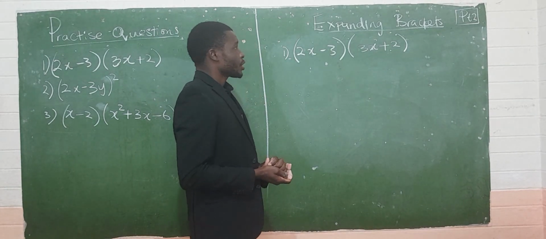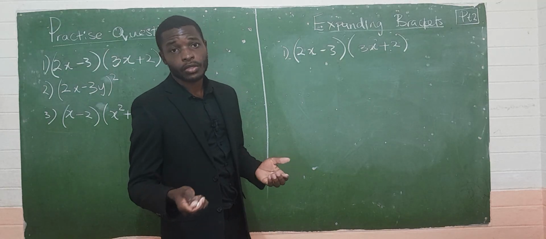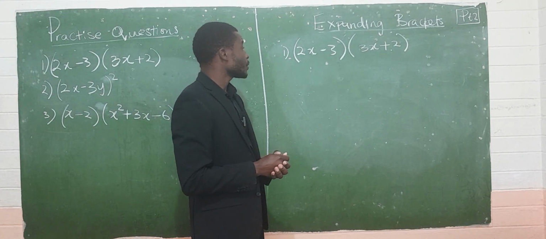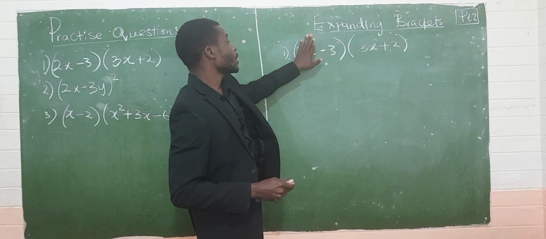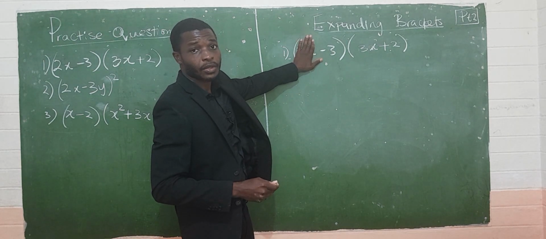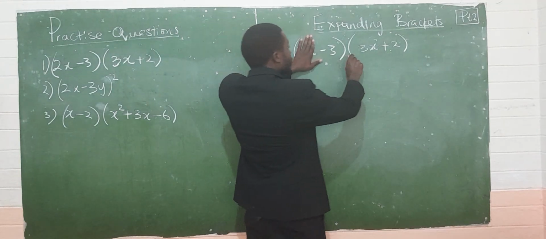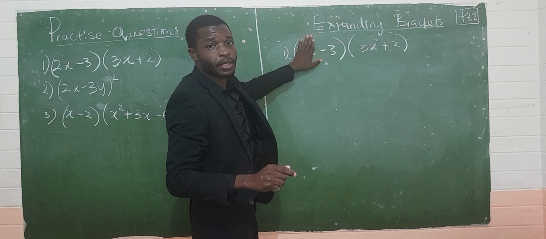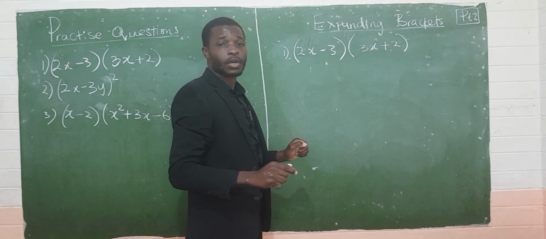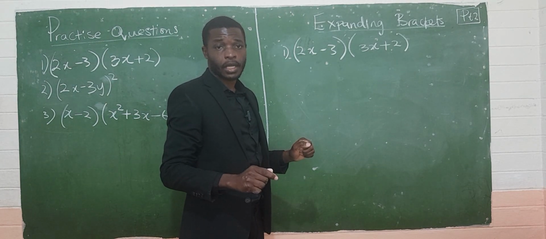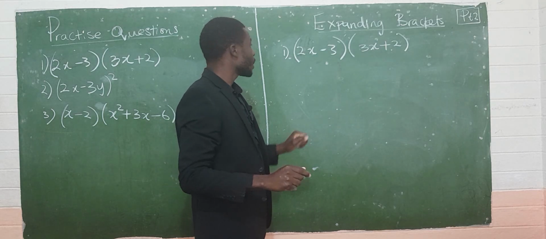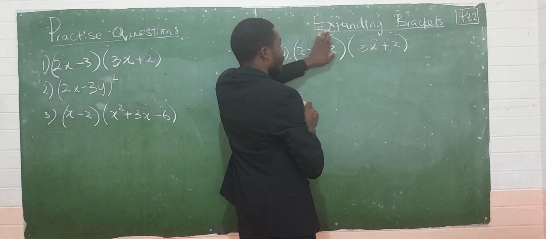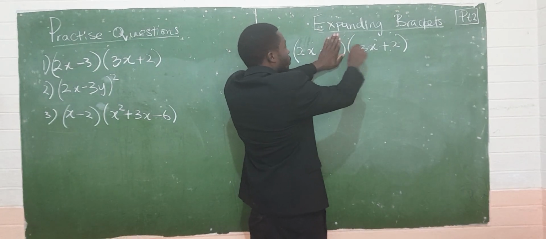In our previous questions, which if you would want to check the video, you can right here, we understood that we had only one item outside the bracket and it was multiplying all the items that were in the bracket. And now there are two. What do we do? Well, the process is the same. This, we have to multiply everything that is in the bracket, and this will also have to multiply everything that